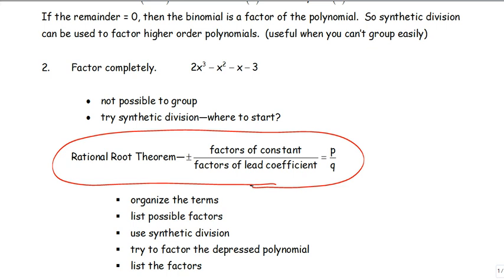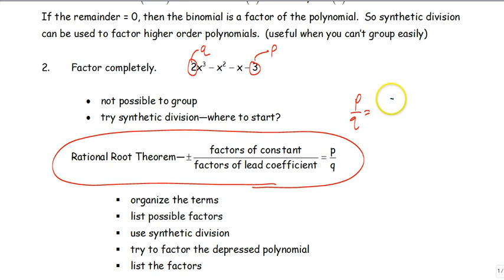The Rational Root Theorem states that any of the possible zeros are the factors of the constant p, that would be this one up here, so negative 3, or 3, over the factors of the lead coefficient. This would be q. So for the problem above, my possible zeros,